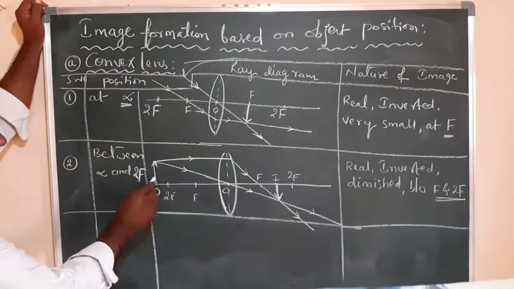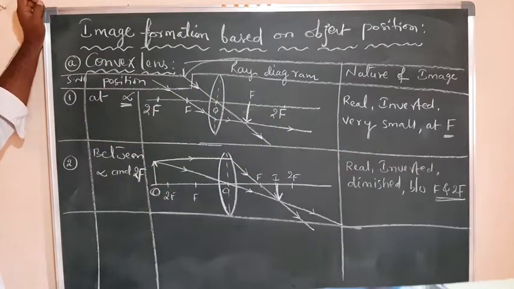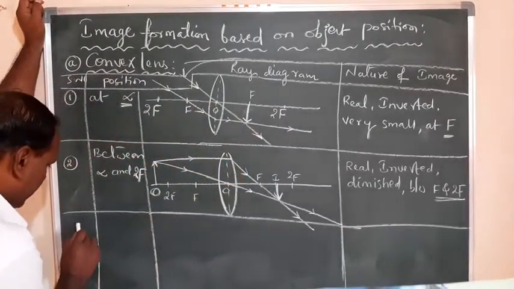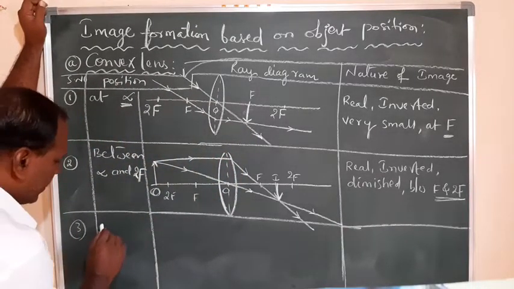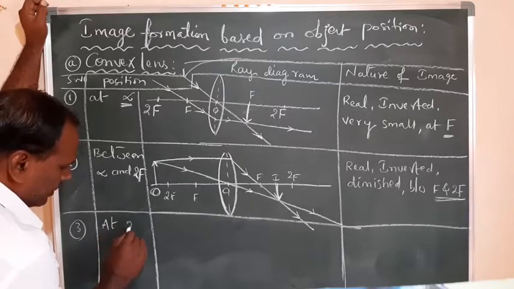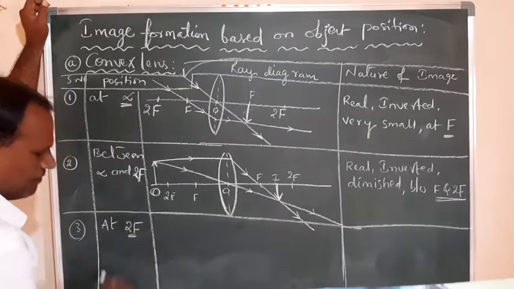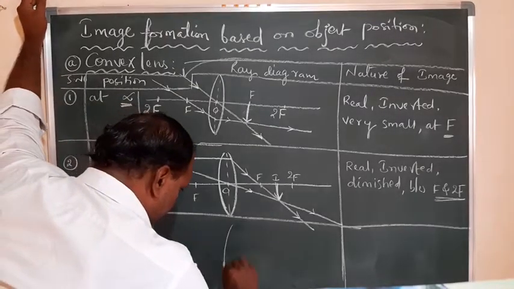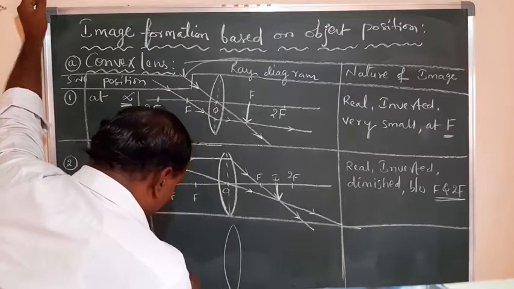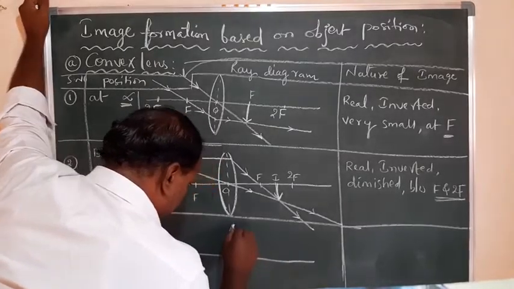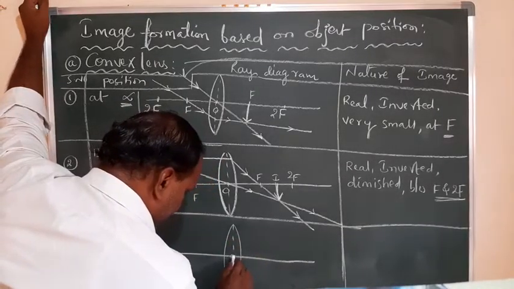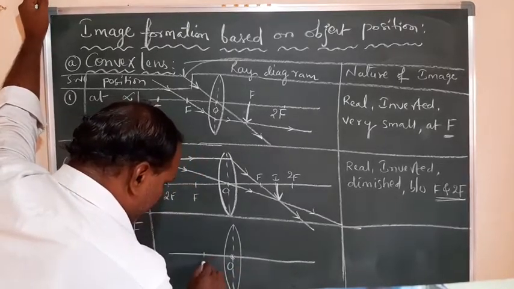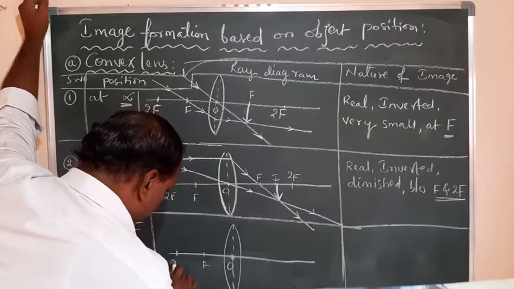Now if you take the object at 2 times the focus, then where do you get the image and what is the nature of the image? The third case I can explain here. If the object is at 2f only, then where do you get the image formation? So now I can draw this ray diagram here. You can observe this principal axis. This is the optic center where it is intersecting; I am representing it as O. This is f, the focus. This is 2f.